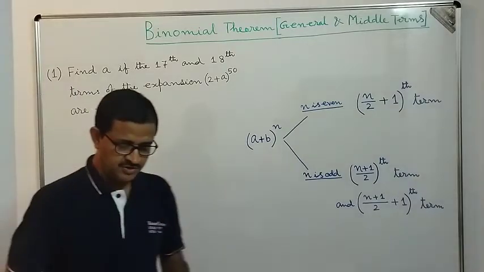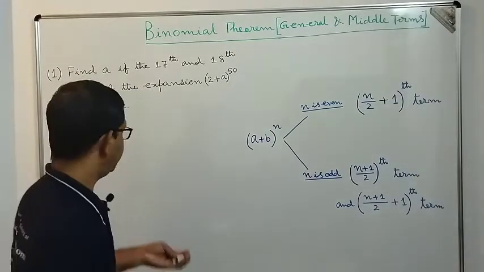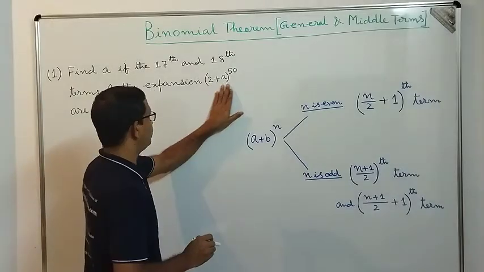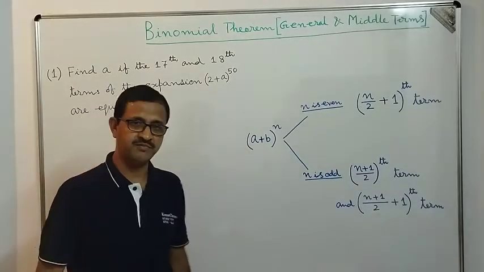Okay. So, the question is that in this binomial expansion of (2 + a)^50, there